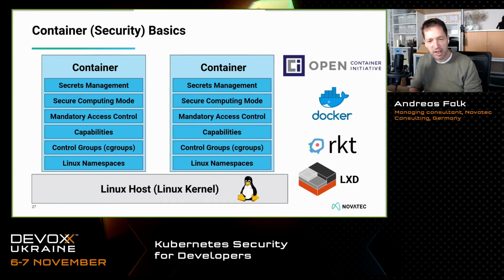Linux containers don't have a virtual machine orchestrator or anything like that in between. They just run on the same Linux host, the same Linux kernel. So they run on one physical machine that runs one operating system, with just one Linux kernel running there. We have only one physical machine running all the processes on that Linux kernel. So the containers share all the processes running on that Linux kernel.